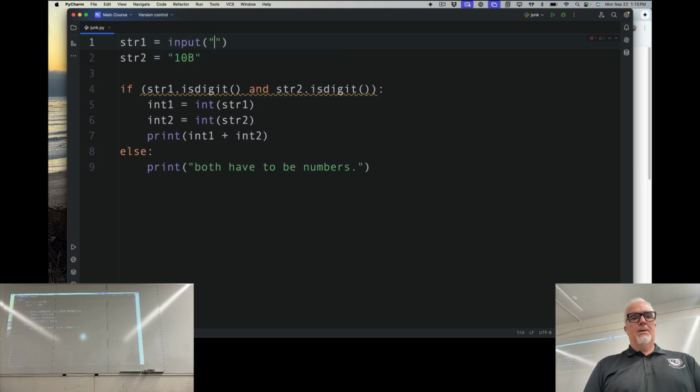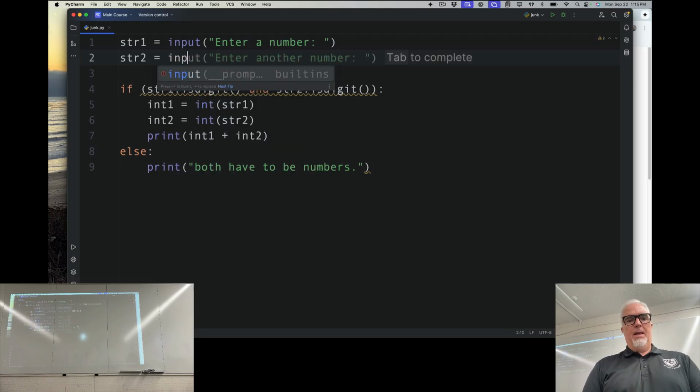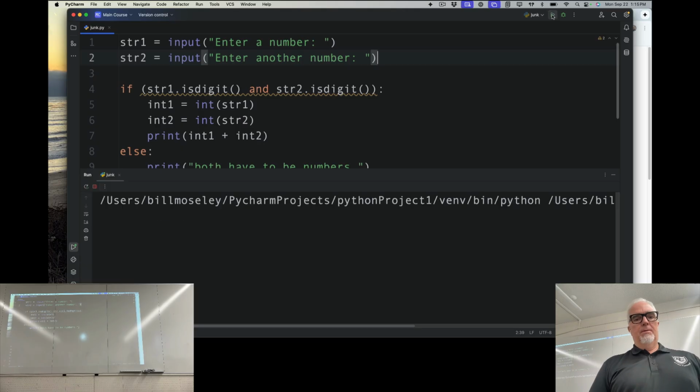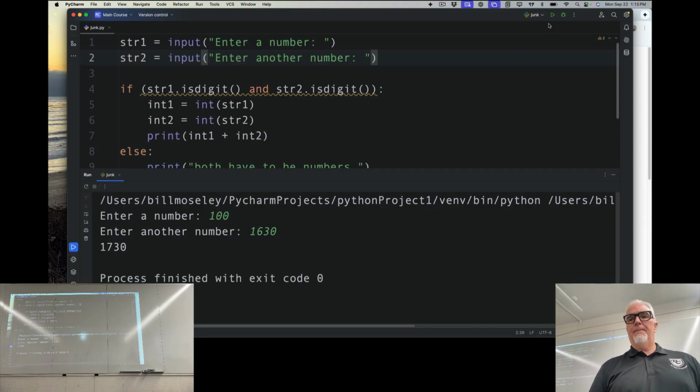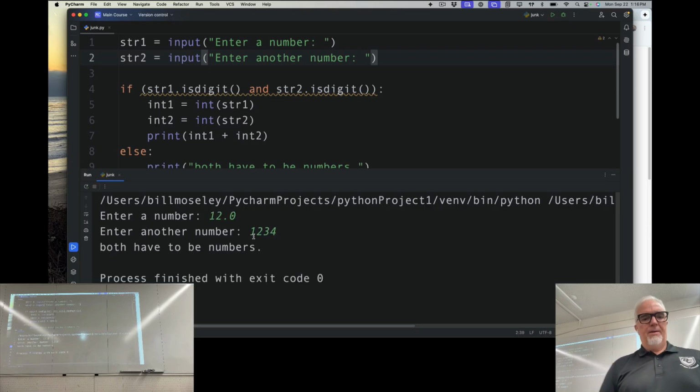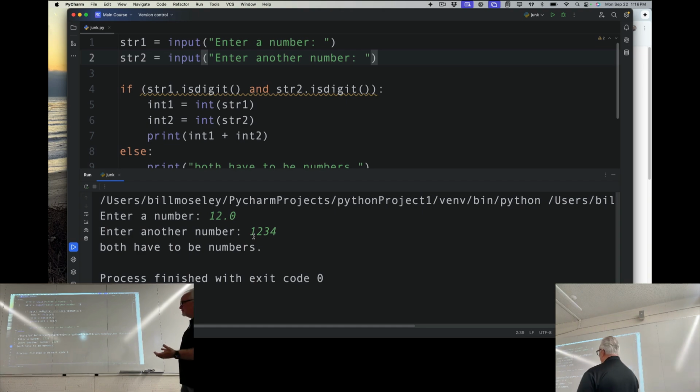So I could say input, enter a number, just like this. And I could say input, enter another number. There we go. So now I can say enter a number, 100, 1630, adds them together, enter a number. Okay, so now that's a little tricky, right? I could say both have to be integers,